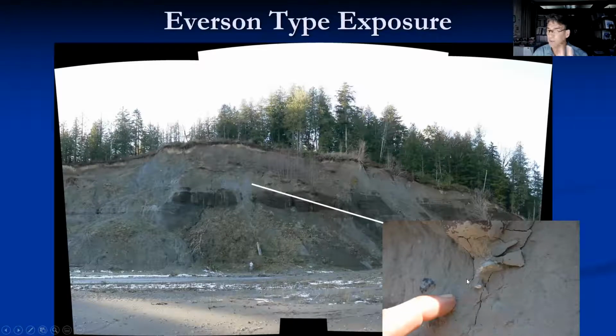And it wasn't like these were transported in by a glacier or something like that. They're not sheared up or smashed, they're intact. So that's definitely convincing that there's a marine deposit up here. So how about the lower unit?